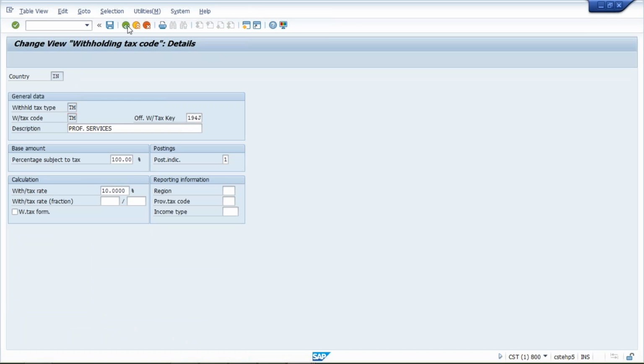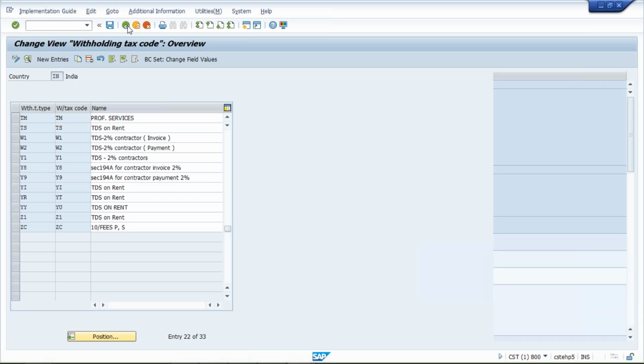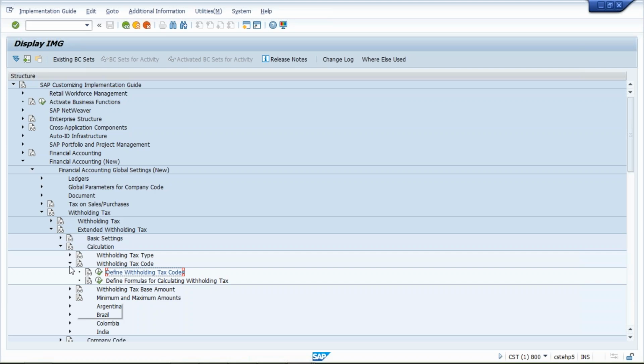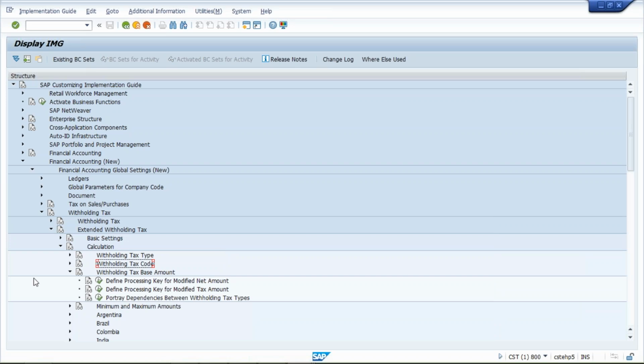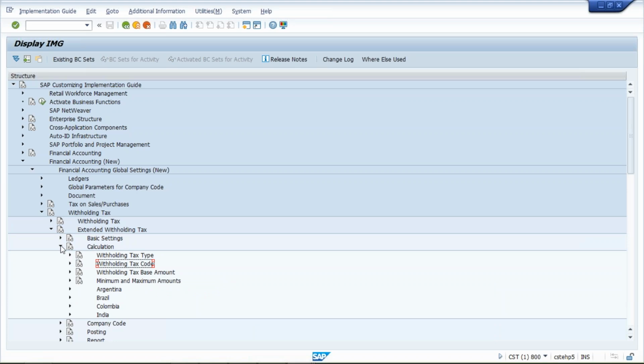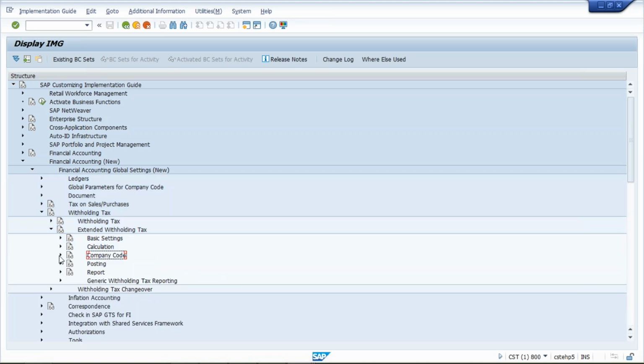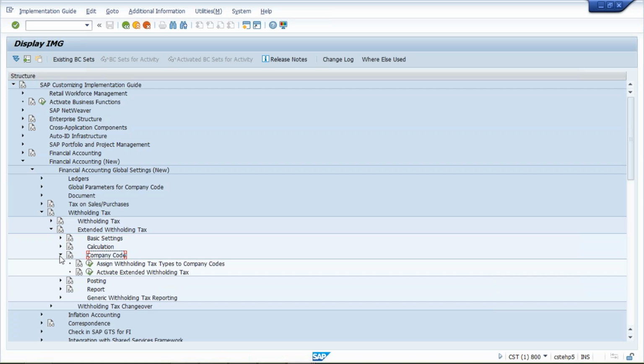Now, come back. Still certain configurations are there. We were on calculation. Now click on company code. Here we assign withholding tax type to the company code.